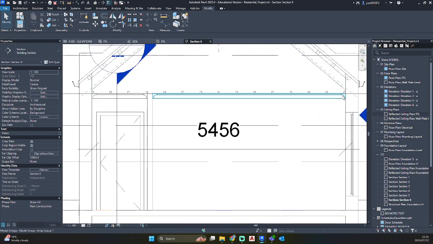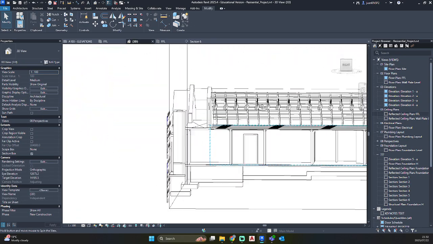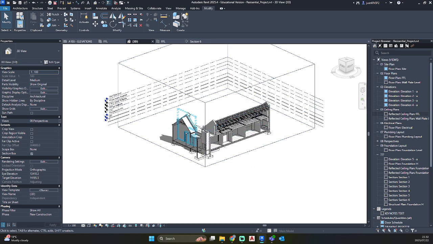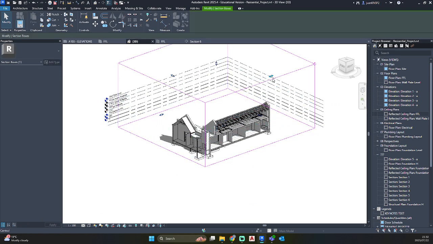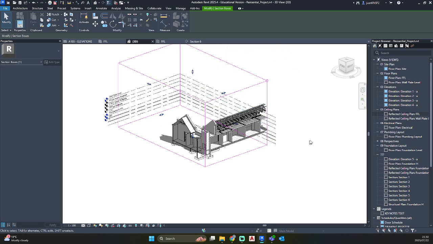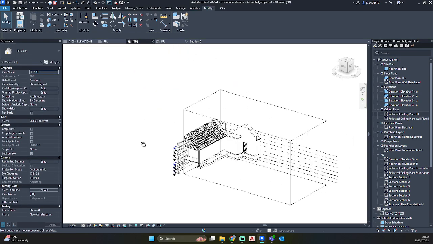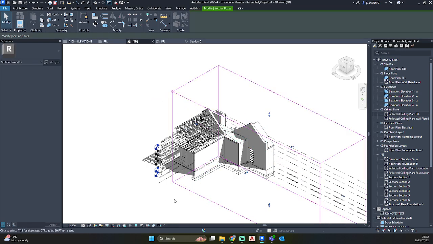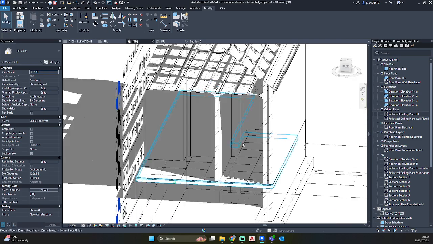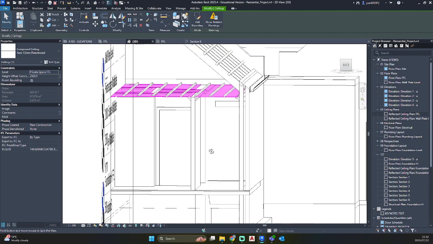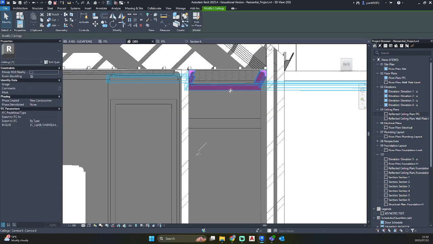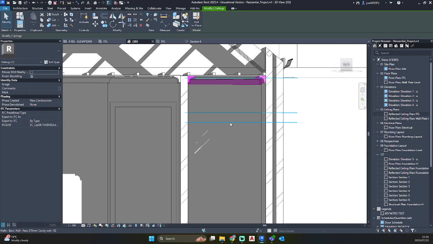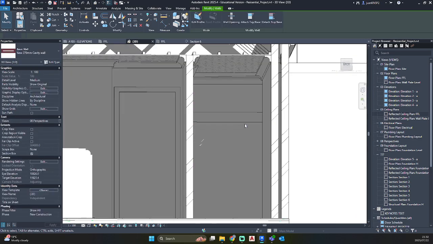And now you can see our section is showcasing our cornices beautifully. And let's just put in a cut from this side so that you can see our passage. And as you can see, there is our nice little cornice.